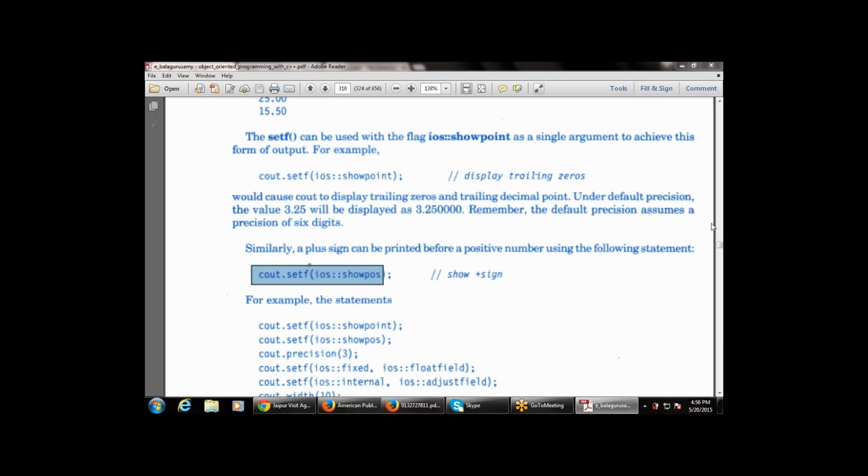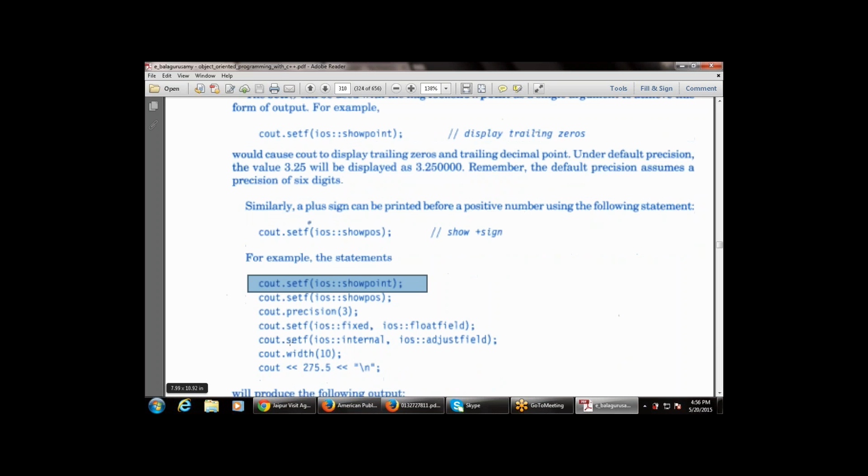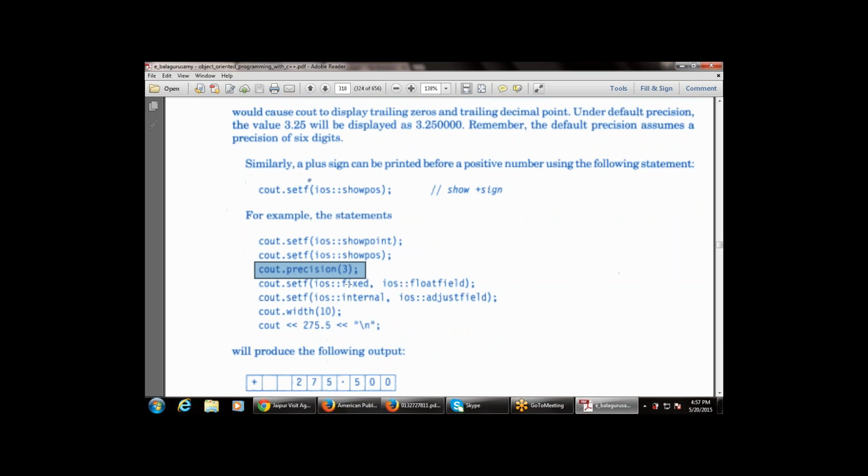There is a cout.setf; setf will be used again for showing the output. That is cout.setf(ios::showpoint), then cout.setf(ios::showpos), then cout.precision. So this is for showing the trailing zeros. Also, this is used for showing the positive sign. This is used for giving the precision, that is the number of digits available after the decimal point, as 3. Then cout.setf with fixed, that is a fixed size or fixed interval. Then there is a floatfield. Then ios::internal, that is